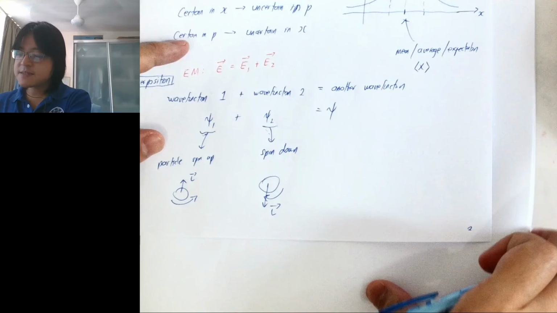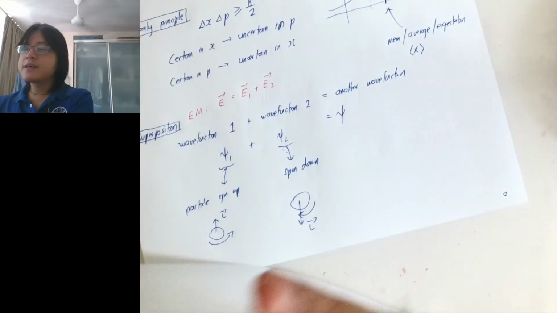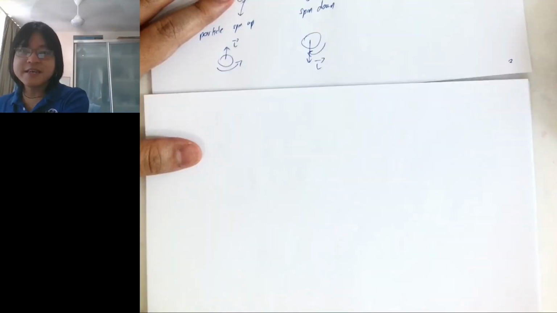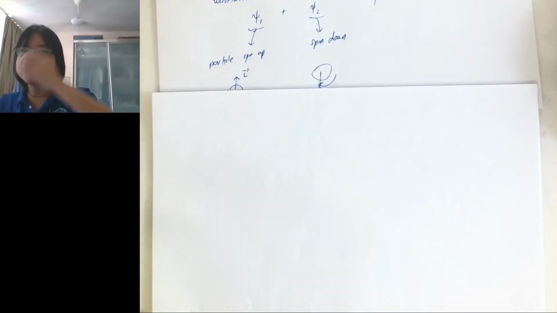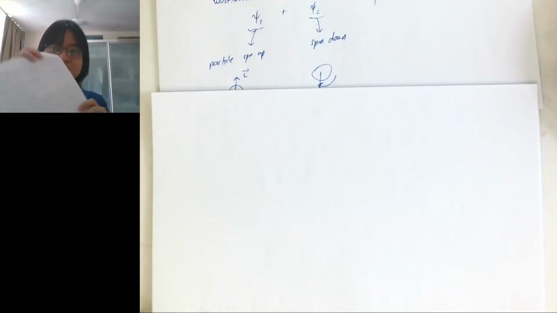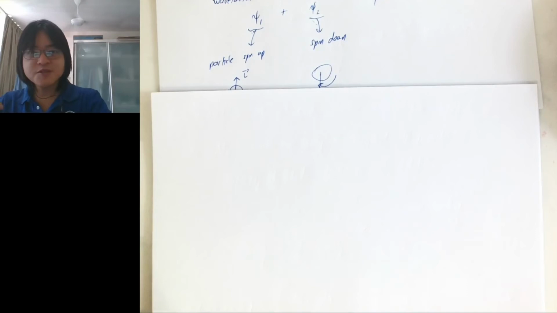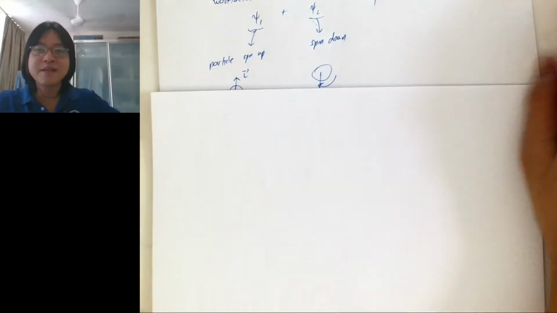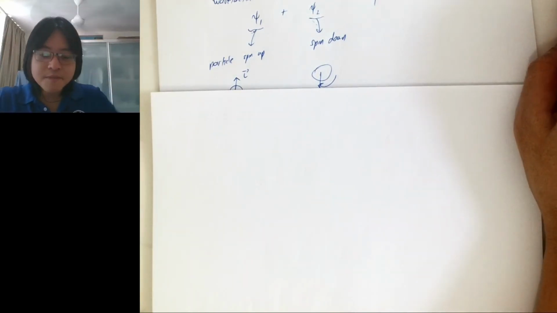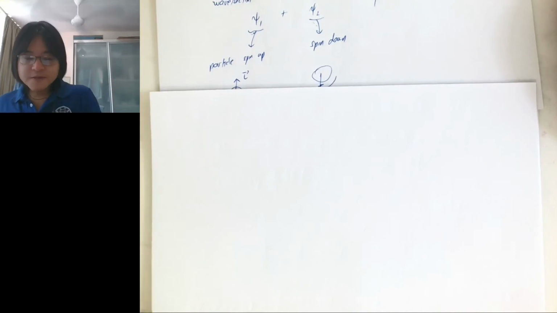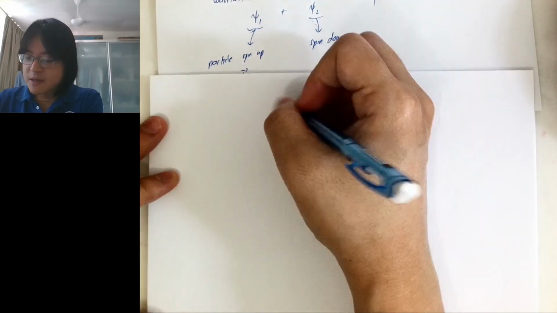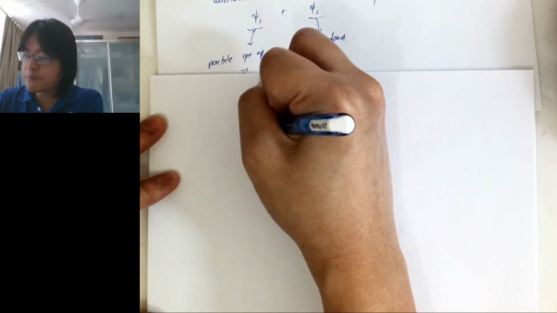This is where the strange thing happens, and I think the way to explain it is just to talk about the cat experiment. Have you heard about Schrodinger's cat before? I'm sure some of you have heard of it at some time. So the idea is this: I put a cat in a box,